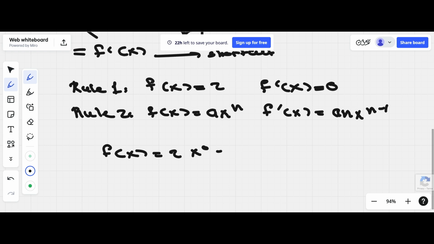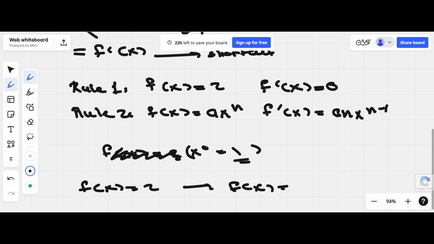Because anything to the power of 0 equals 1, and 1 does not, that's not part of the same. So x to the power of 0 is always 1. And when we multiply by 1, we do not make a difference. So we could write the function f(x) = 2, for example, as f(x) = 2x